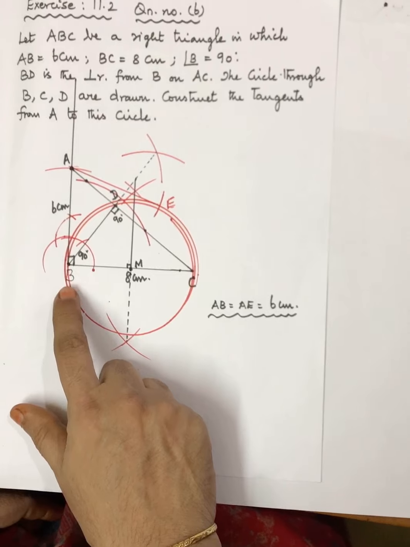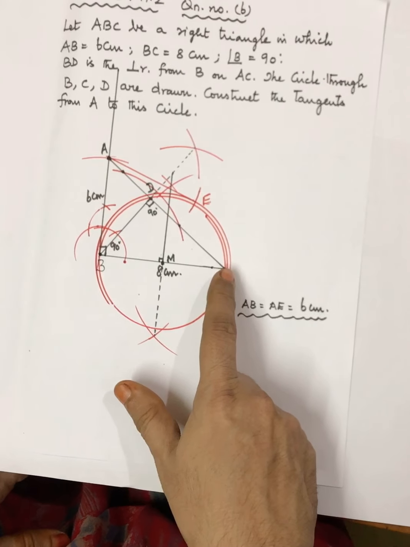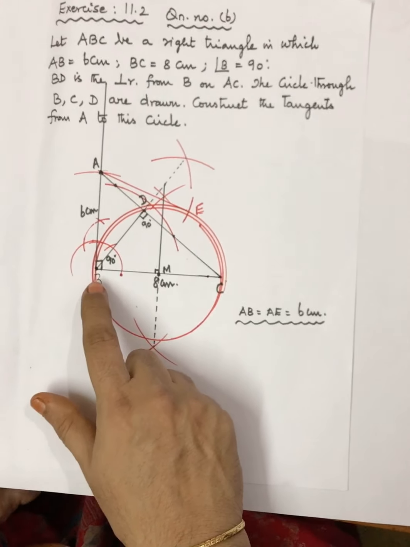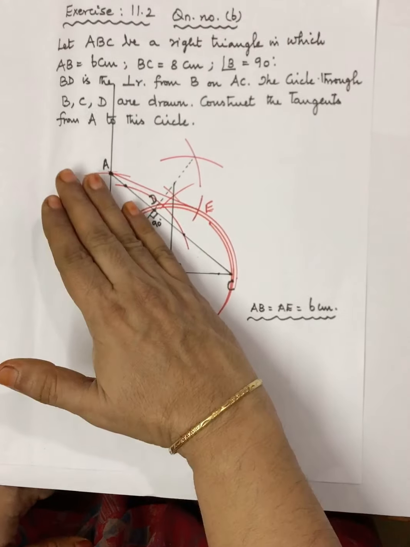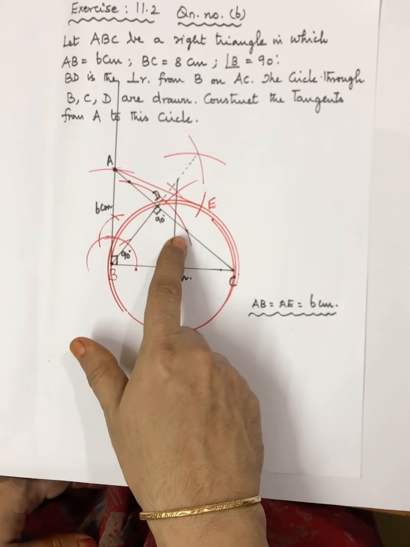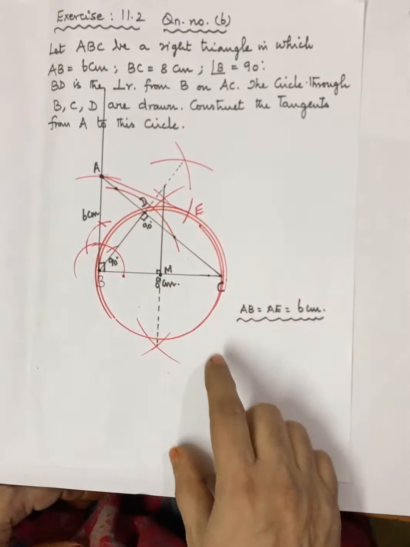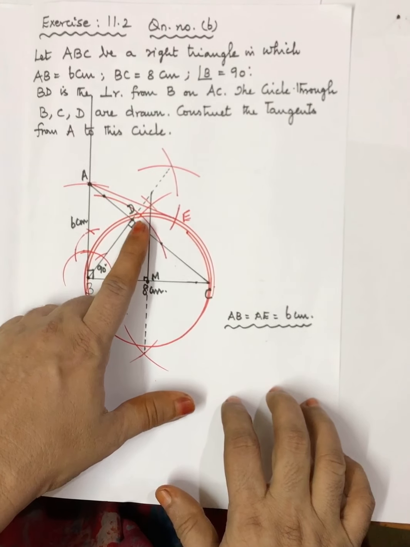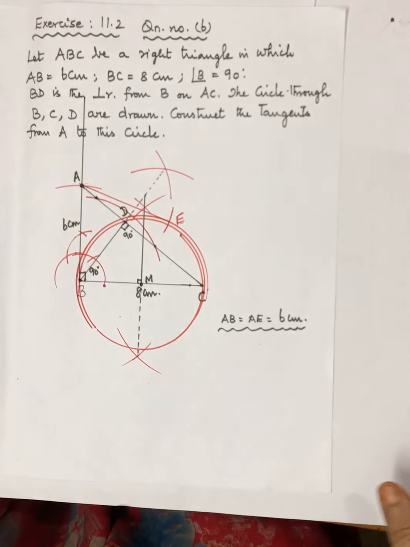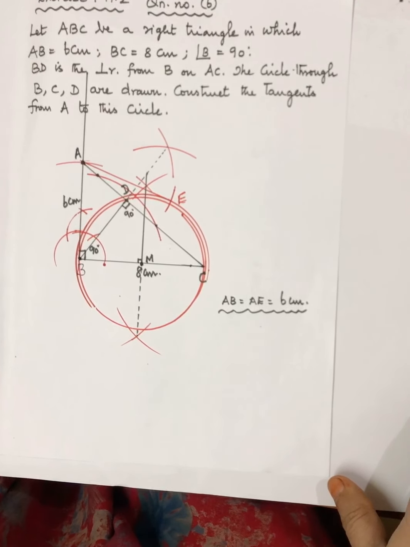Now, from B, you have to draw a perpendicular to the side AC. So, take the compass, needle on B, pencil end a little away from the hypotenuse, and cut an arc. That arc meets the hypotenuse at two places. For that line segment, draw the perpendicular bisector, and the perpendicular bisector and hypotenuse meet at one place. Name it as D. So, angle at D is 90. So, BD is the perpendicular to AC.